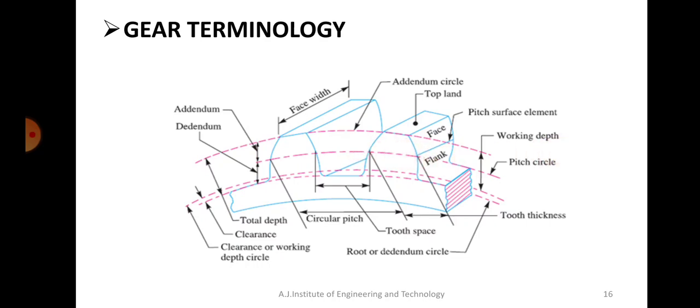Alright, so that is about the different gear terminology. The explanation whatever I've given is not in the slides, the definitions are not there, but it's there in the notes. You can always refer there. Suppose a question is asked: draw a neat sketch of a gear and explain the terminologies. You should at least explain some of the important points like what is addendum, what is dedendum, what is pitch circle, what is addendum circle, what is dedendum circle, what is circular pitch, and what is clearance, and of course some other points, but the main points have to be explained.